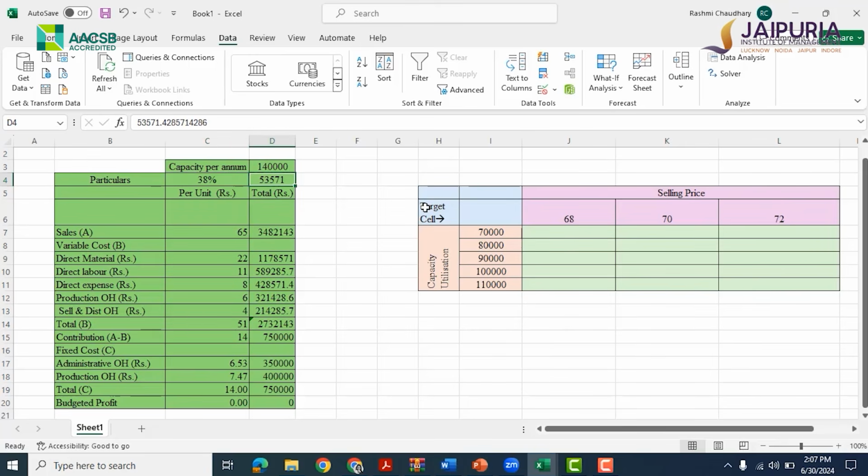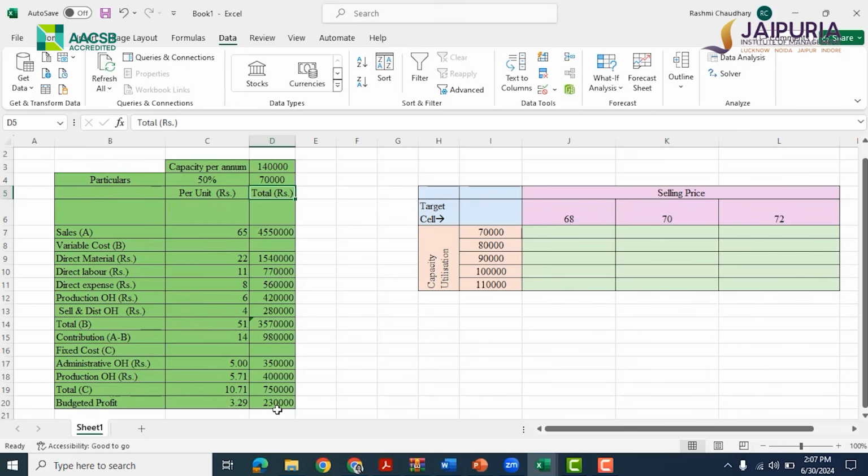So let's change it to initial data, that was 70,000 units. So at 70,000, you were earning a profit of 2,30,000. So this was the goal seek function, wherein you can set your goal and by changing any particular sale. So for the first time we did sale at a desired profit. My desired profit was 4,26,000. So for 4,26,000, you need to sell 84,000 units, and for a no profit, no loss situation, it was at